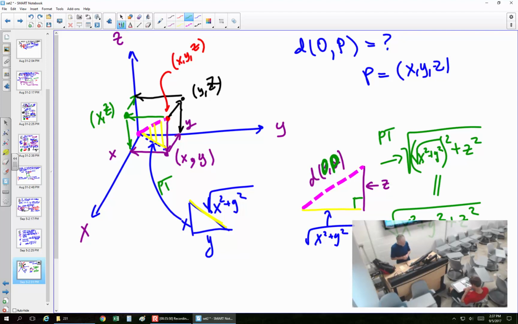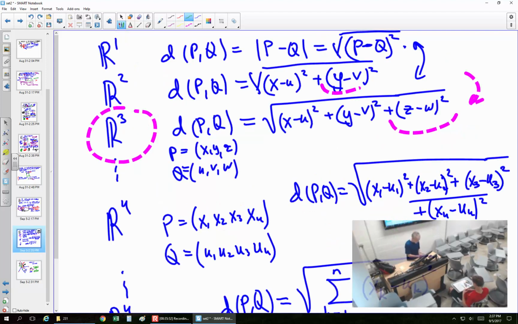It is harder to justify the rest of the formulas such as this. So why? This question is why, and the answer is because of the Pythagorean theorem used twice. Okay, in dimension 4 and higher it is not as easy to justify. The best way to justify it is to say that at least if we are in